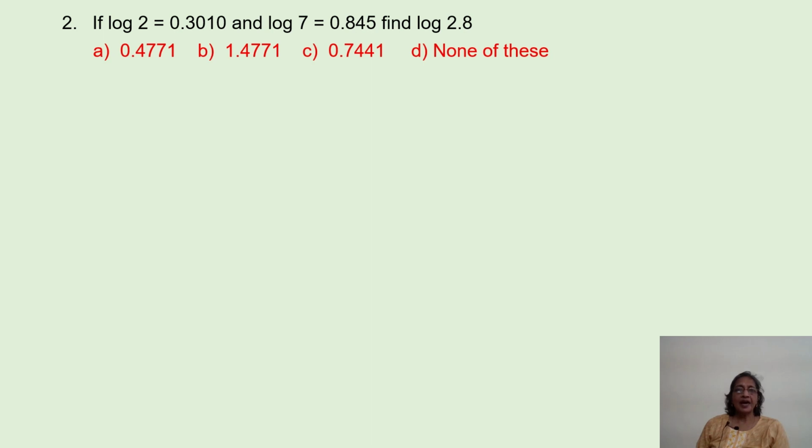All right. We are given the value of log 2 and log 7. What we need to find is the value of log 2.8. So let's see how we can convert log 2.8. This can be written as log of 28 upon 10,